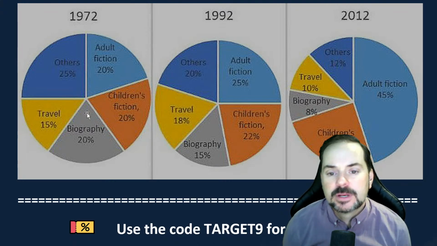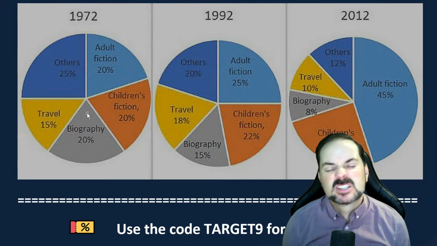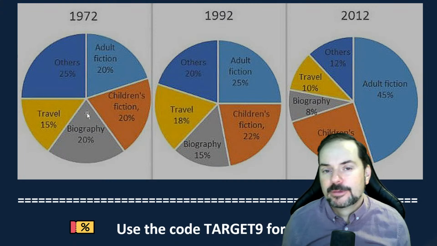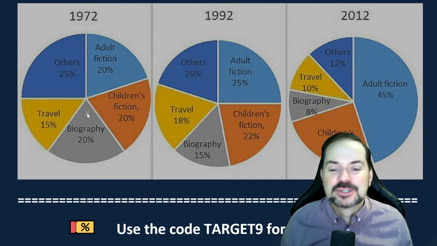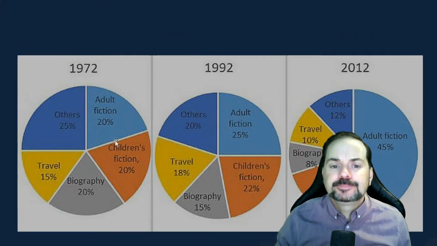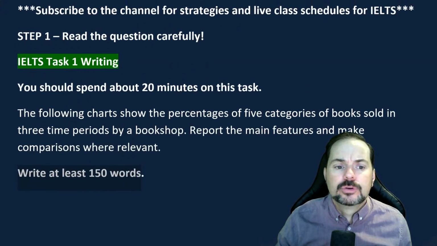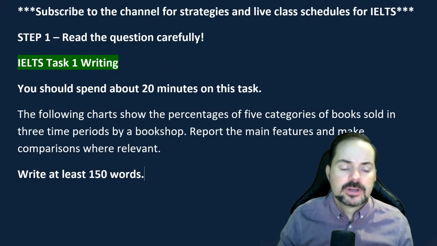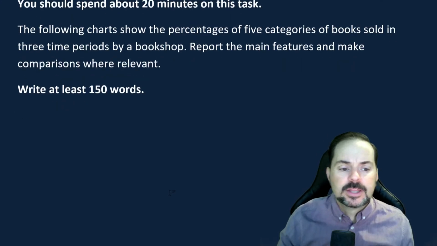We've got 20 minutes to do it, but in this class we'll spend a little bit longer with explanations and examples. So let's first of all go through what task 1 is. Okay, so task 1 in the academic exam